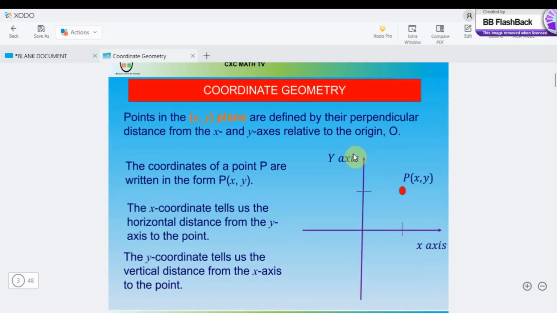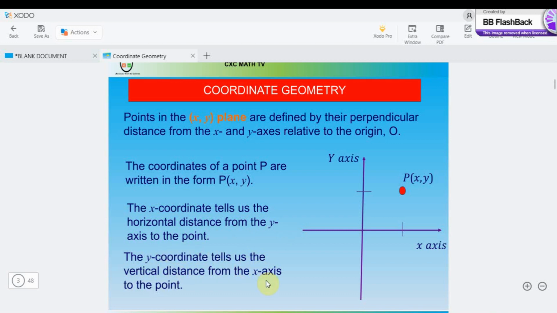So the first thing is, with coordinate geometry, we have points. Usually you're going to see points on our Cartesian plane. Now the vertical axis is known as the y-axis and the horizontal axis is known as the x-axis. The coordinates are usually put as a pair, your x coordinate, your y coordinate. Now the x coordinate tells us the horizontal distance from the y-axis, and the y-coordinate tells us the vertical distance